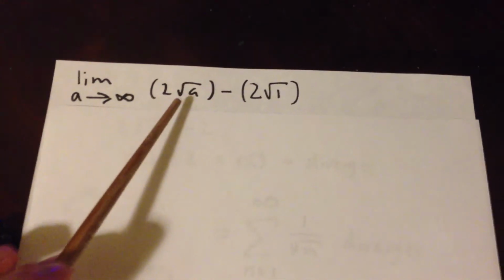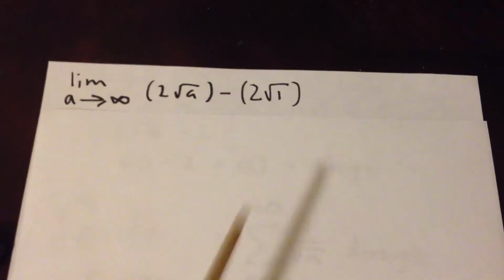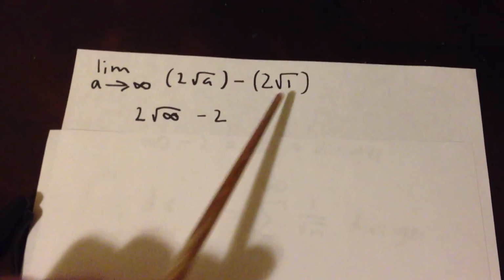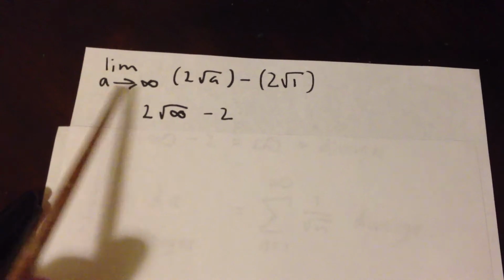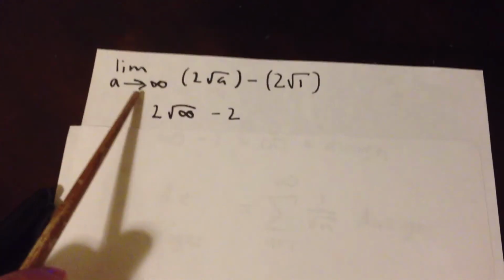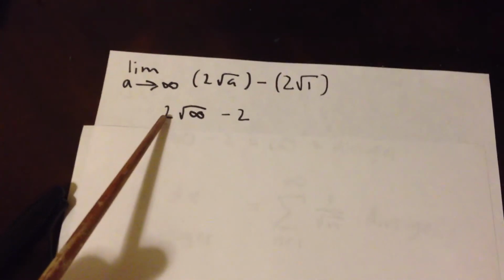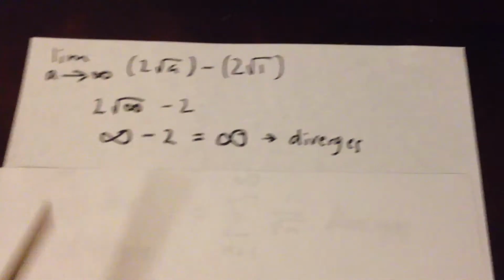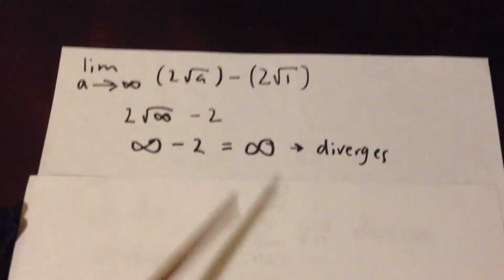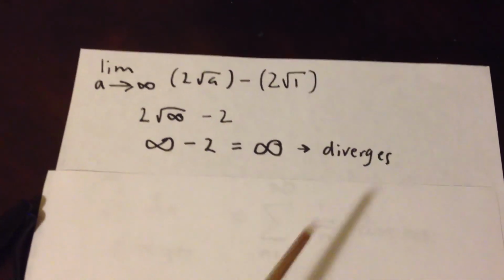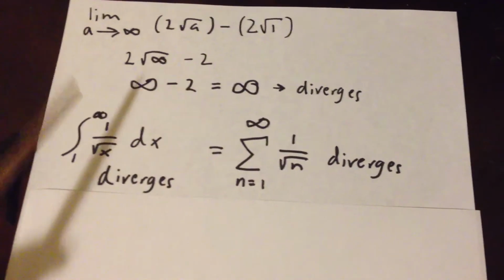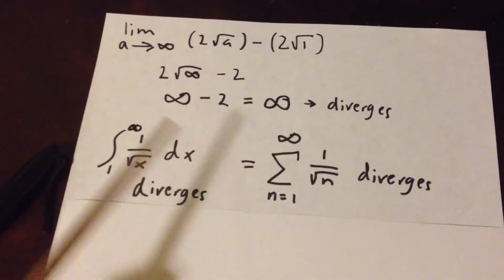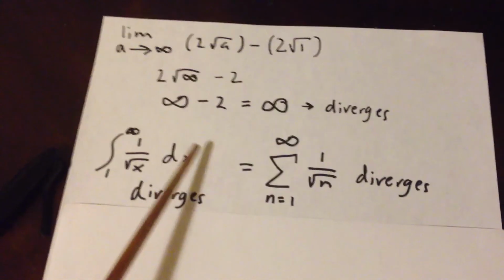Then you plug in a and 1, the upper bound and the lower bound, which would be 2 square root a minus 2 square root 1. Then you're able to plug in infinity because it is the limit as a approaches infinity. So it would be 2 times square root of infinity minus 2, which is essentially infinity minus 2, which equals infinity. Thus this implies that this improper integral diverges,